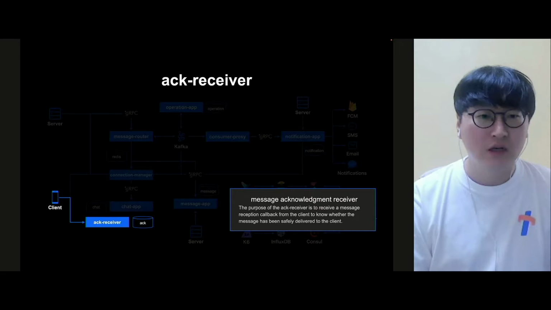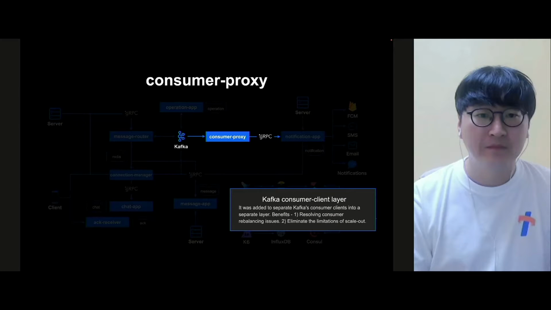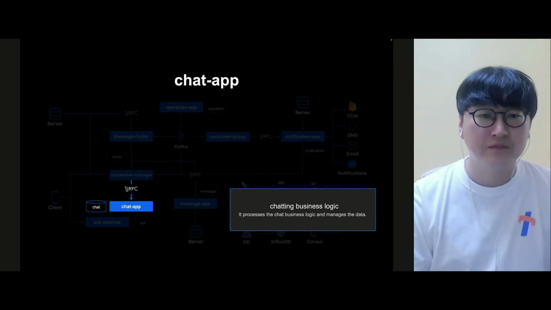And the message receiver: to make sure the message is well received, there is going to be a callback, and that is its objective. And the consumer proxy separates the data separately, and there is a benefit of doing that. A business logic change does not affect it, it can solve the rebalance issue on the consumer side, and it also eliminates the limitation of scaling out the client. And the chat application